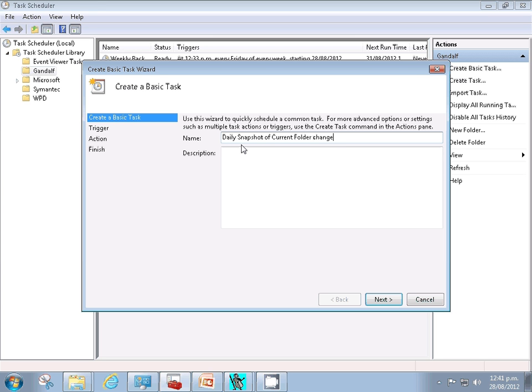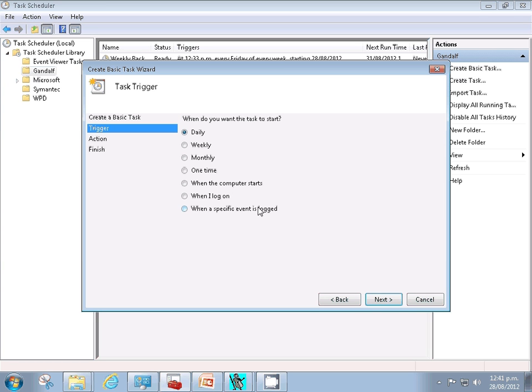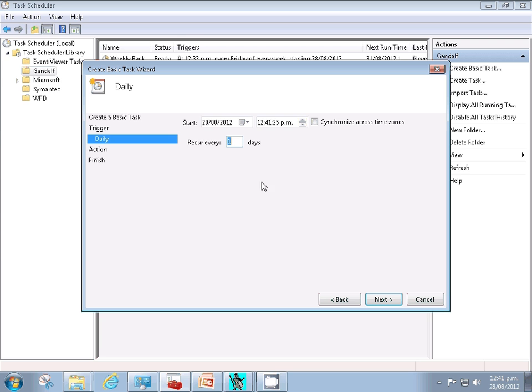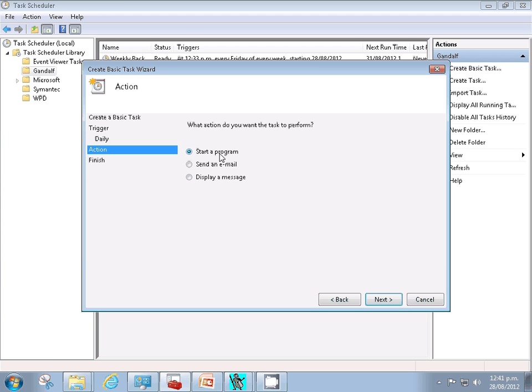On a daily basis, every day, start a program, and the program I wish to start is my daily snapshot bat file, and